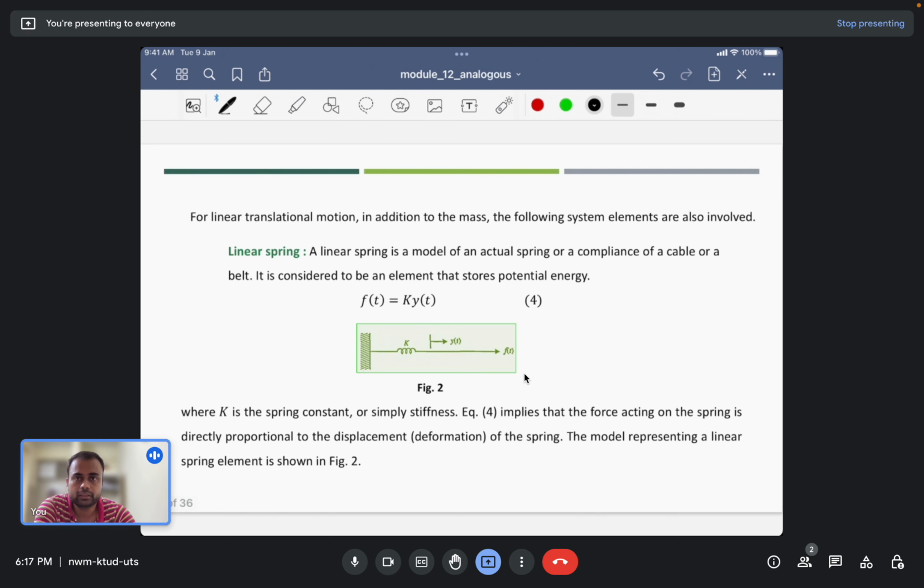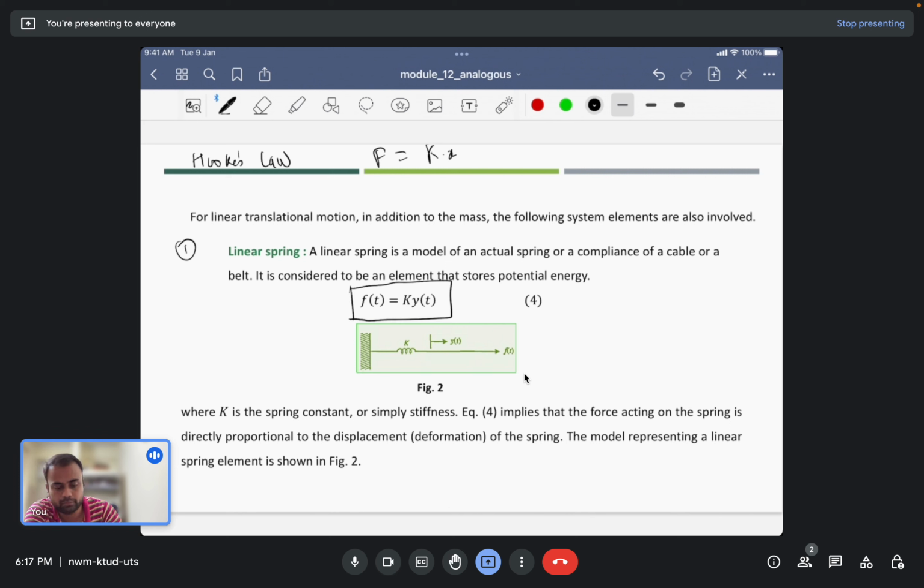So for linear translational motion, in addition to the mass, the following system elements are involved. So we'll study different cases here. The first case here is a spring. We all know Hooke's law. Hooke's law states that force is equal to k times displacement, or it can be written as force